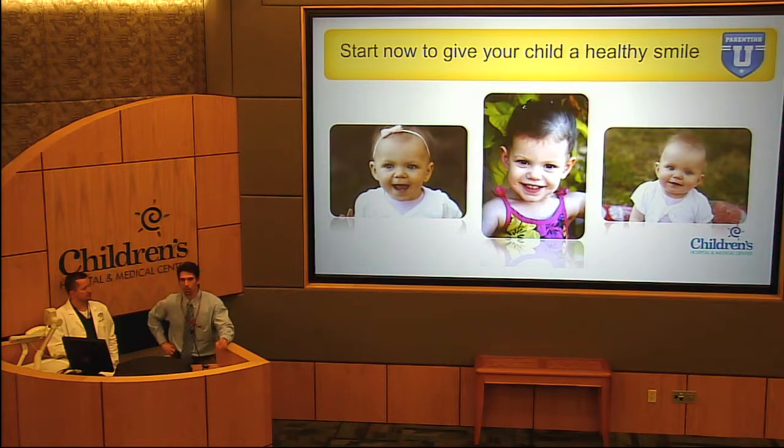Not necessarily. I think the most important message that we can get out is, like when Dr. Bailey was talking about the buildup of bacteria in the plaque that surrounds the tooth, the most important thing is actually the mechanical action of getting the bristles on the toothbrush. So if you are vigilant or hyper-vigilant about always brushing his teeth, morning, after meals, or at least twice a day, you don't necessarily need to switch your toothpaste up